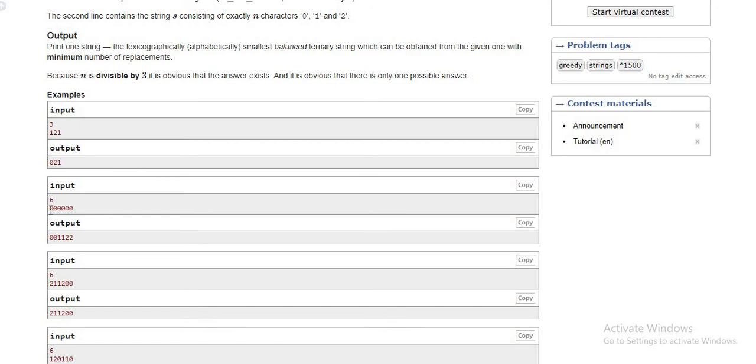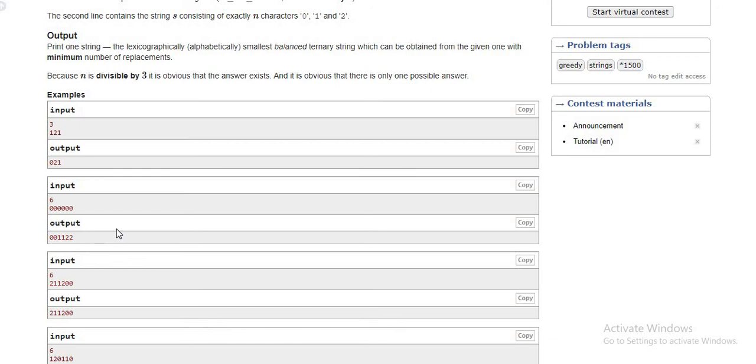To make the lexicographically smallest string, I can keep the first two 0s as it is, then the next increasing character, between 1 and 2, that is 1, so the next zeros will be replaced by 1 1, and finally I will replace the last zeros by 2 2. So that's why my output is 0 0 1 1 2 2. That's the idea.